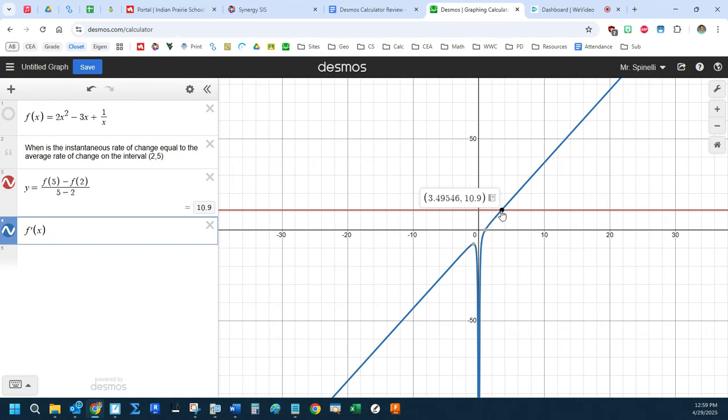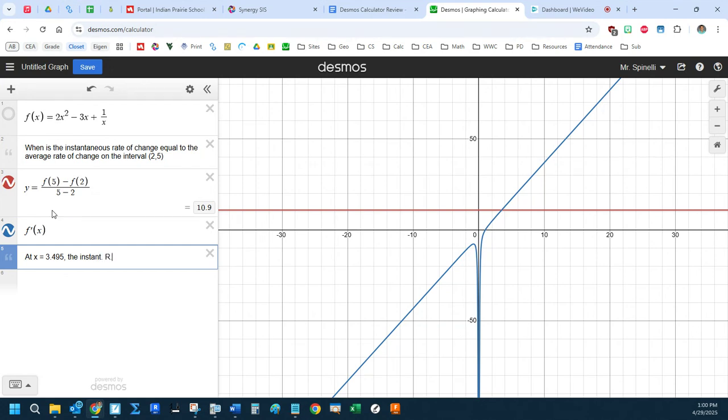So at the point x equals 3.49546, the instantaneous rate of change is precisely 10.9. So that would be the answer I would report. I could truncate or round, in which case it's the same. So I would conclude that at t, or I guess x, at x equals that, the instantaneous rate of change,